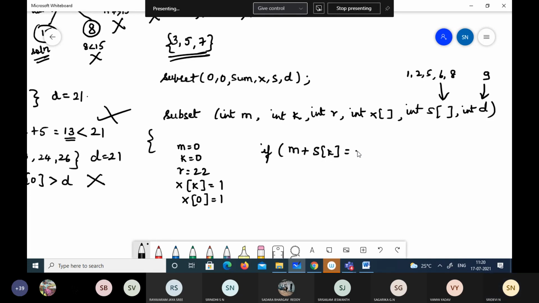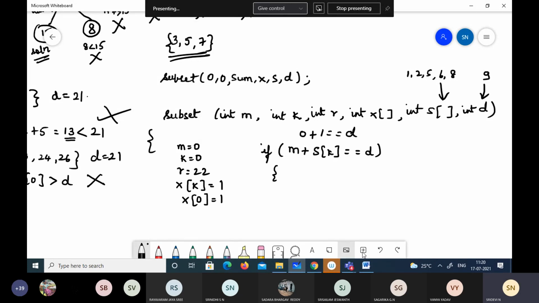But here it is not equal to D. It's possible that the first element itself would be 9, and then that is one possible subset that we can print. That's the reason we have taken care of m plus s of k equal to D. We check with each and every element to generate the possible subsets. If the first element itself can give a subset, then let's print that also. But in this case, it is not happening. So 0 plus 1 is equal to 9? No. So it comes out of the if.